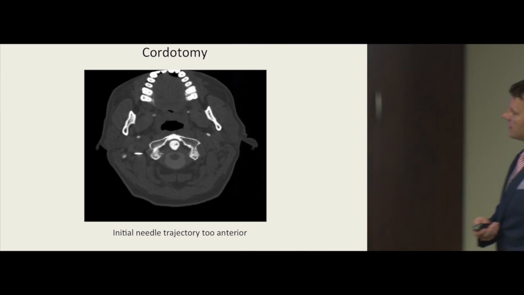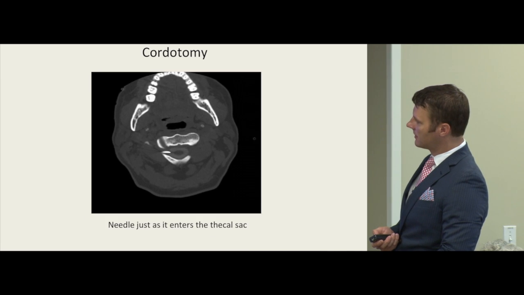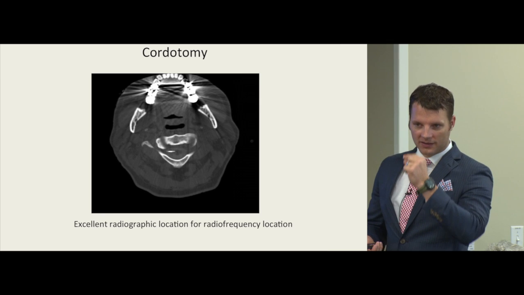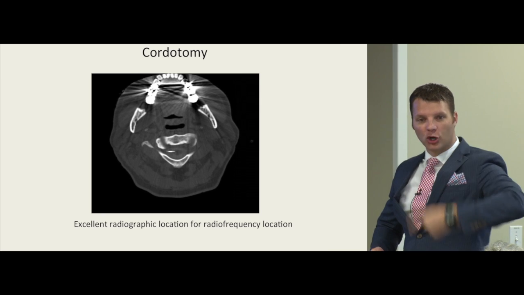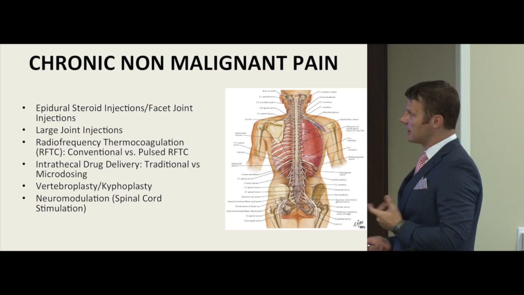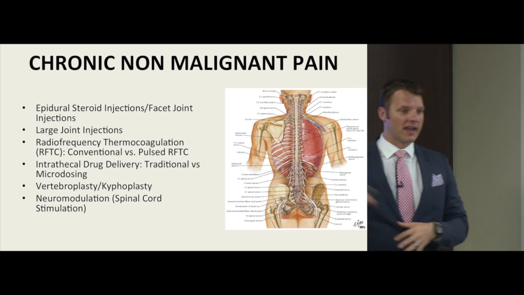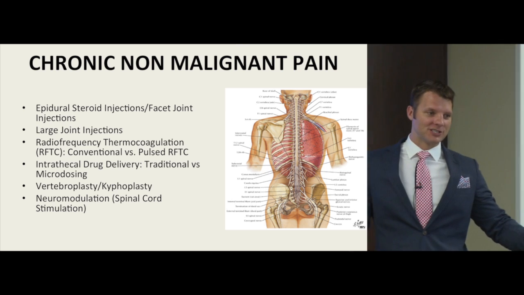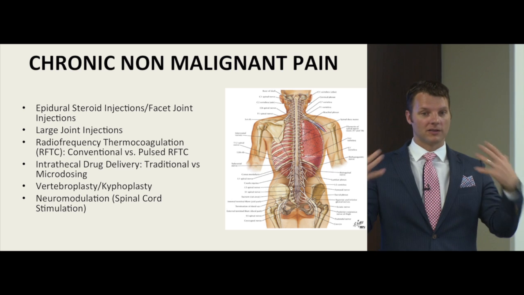And as he goes in here, you can see this advancing, advancing, advancing, and boom, there's the needle in the spinal cord right at the organization where that specific nerve root track is for pain. And then he makes a lesion there, and you get good potential results for that specific patient. That's not a non-malignant, bread and butter procedure, but that's something that these patients that are desperate for some sort